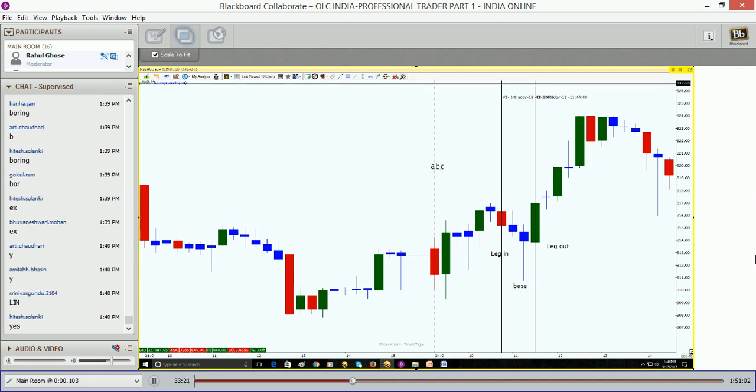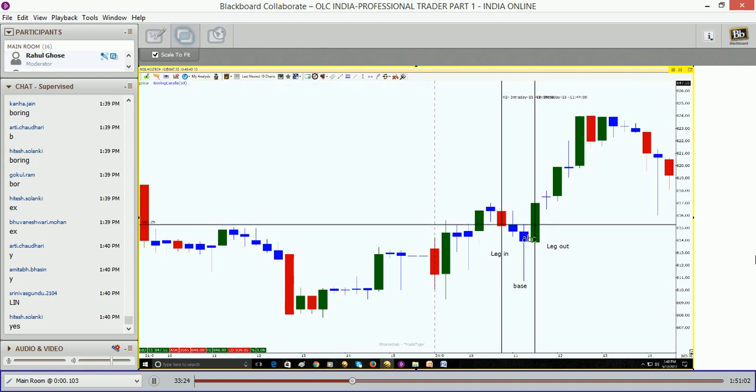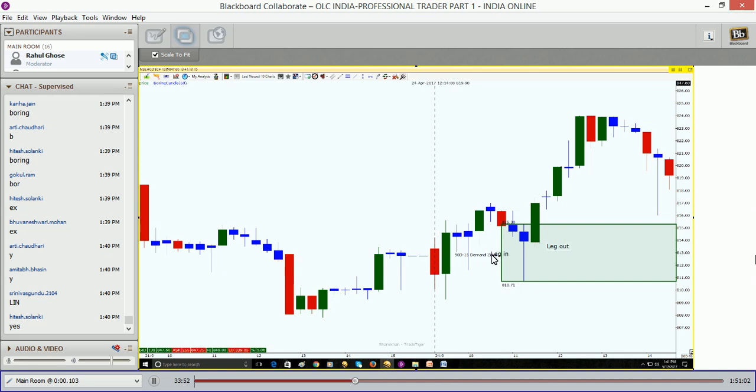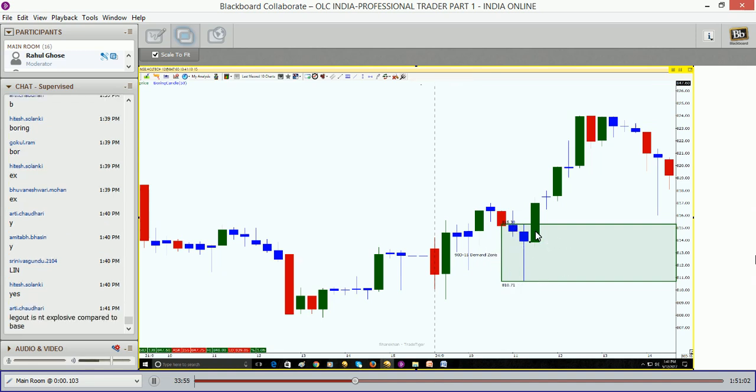I select the highest body of the base, which is over here. I select the lowest wick of the lowest base, which is over here. I drag and drop my demand zone from the top left corner of the screen. I remove this line, this line, this line, this line. To reach this base,